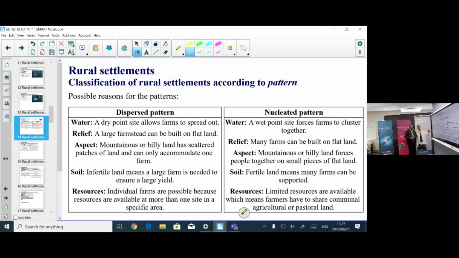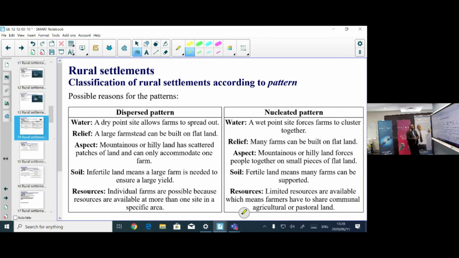The dry point site is where you have got the water, and then the dry point site is the region that is far away enough not to cause the flooding of the settlement,